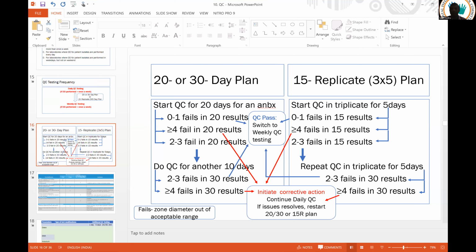So this is all about the session. So this is again for postgraduates, particularly